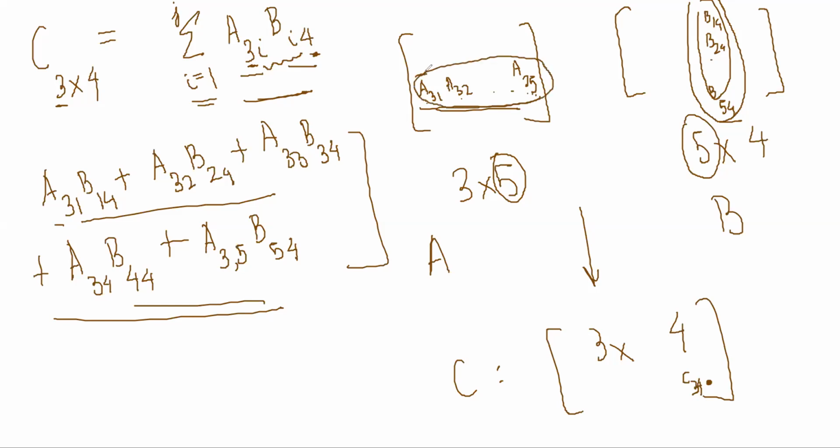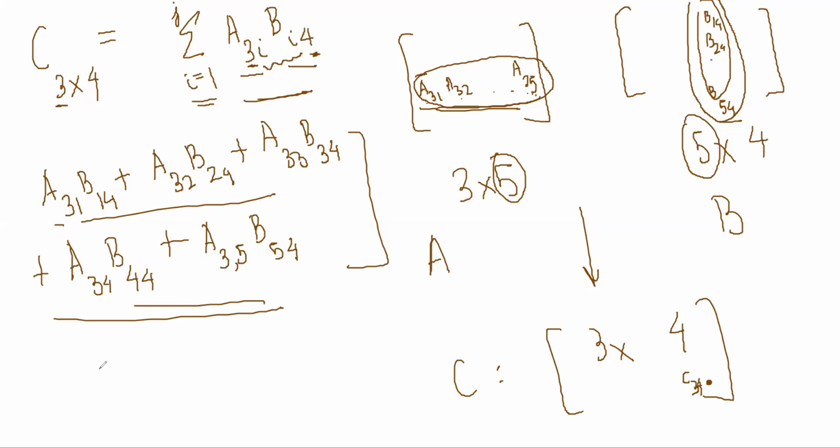It will be useful in contexts where you have expressed something in terms of some variables, and then those same variables were expressed in terms of some other variables, and you want the connection between the first and the last set. You can write the first set of equations as a matrix and the second set as a matrix, and if you want, just matrix multiply those two. Maybe you don't want the whole thing, only one particular coefficient, then you need to find the appropriate dot product. So that is what matrix multiplication is.